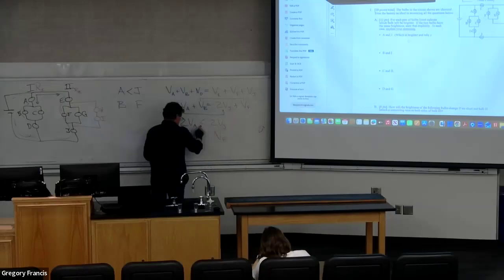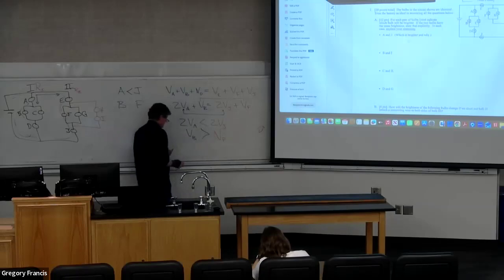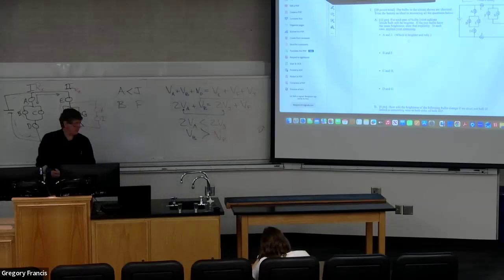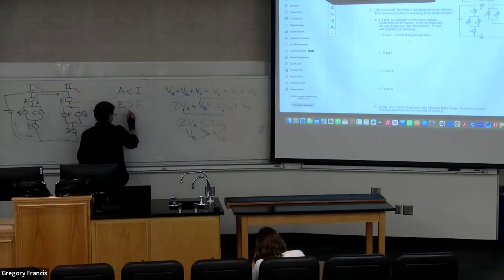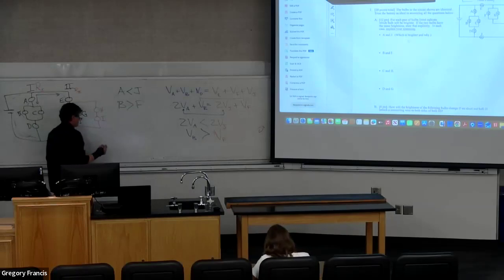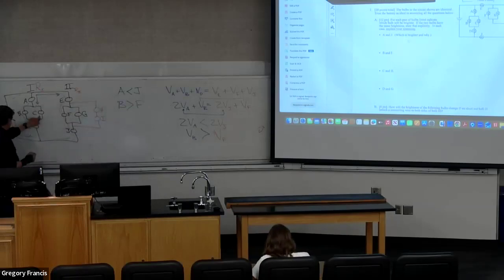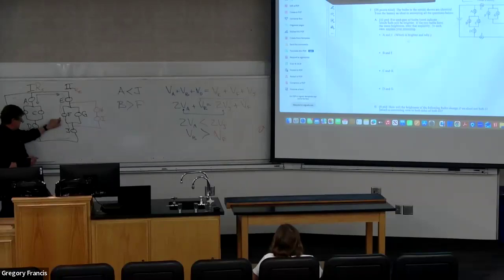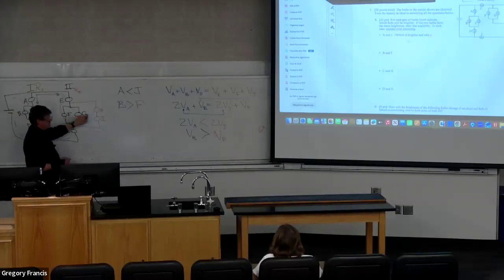If the red team won this one and it's overall a tie, the blue team has to win that one. And so I know that B is going to be brighter than F. Well, C and H, I know that C is the same as B, and we just said that B was brighter than F, and I know that F is brighter than